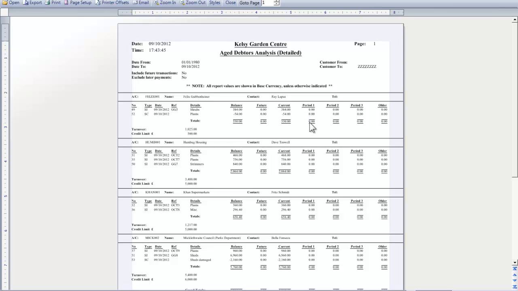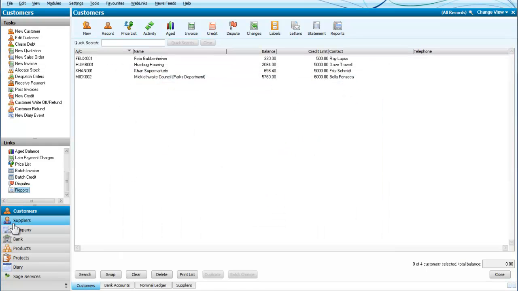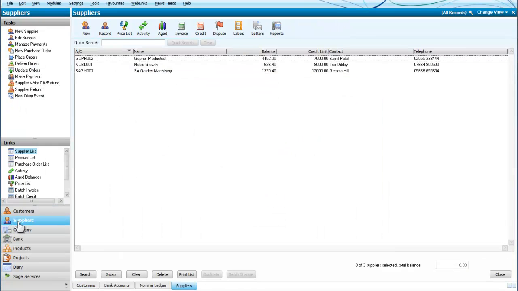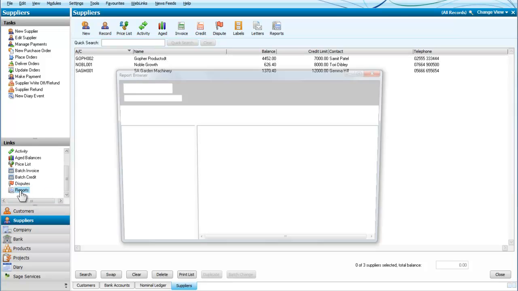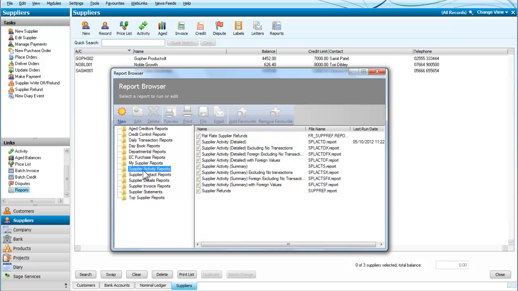If it's not, it's then going to become something that's in period 1. It's over 30 days old, and at that point of course we want to be sending out letters to customers to remind them that they haven't paid. So that's the aged debtors analysis, which is particularly useful. Now we're going to close that and we're going to go to our suppliers, and again we're going to go to our supplier reports, and we will see that our supplier activity reports are pretty much all the same as